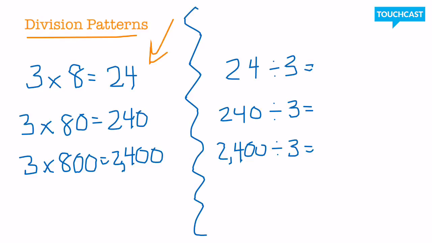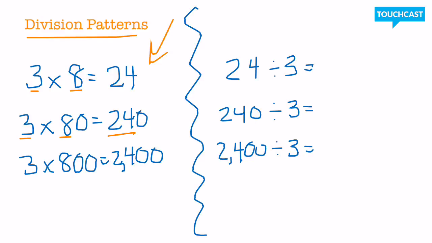So I have something that should look pretty familiar to you. This should look like what we learned about when we talked about the zero trick in multiplication. When we talked about the zero trick, we talked about finding a base fact and multiplying. If I know 3 times 8 equals 24, 3 times 80, I should be able to identify that base fact of 3 times 8 of 24, check out my zeros in my original equation, and put them into my final